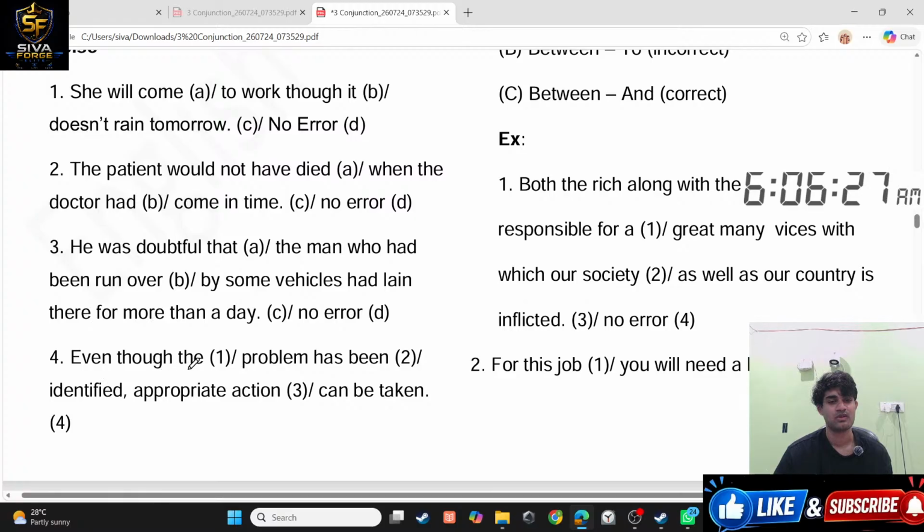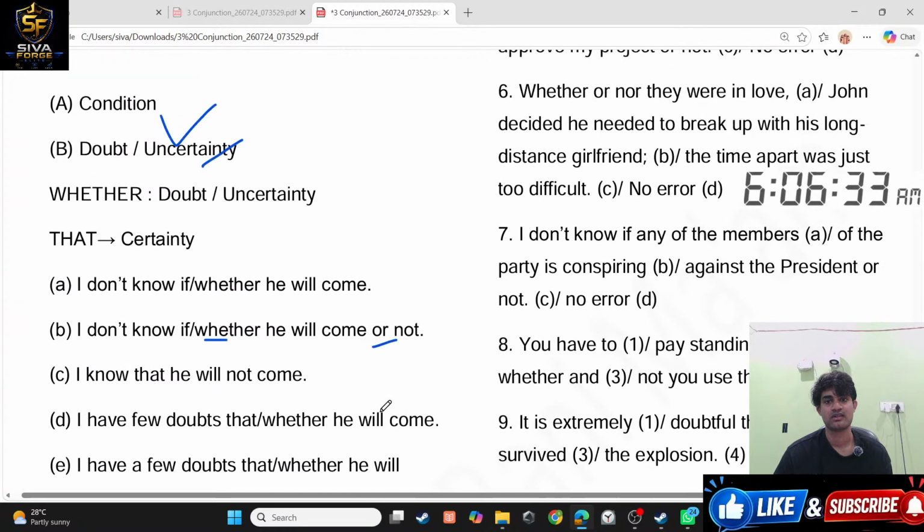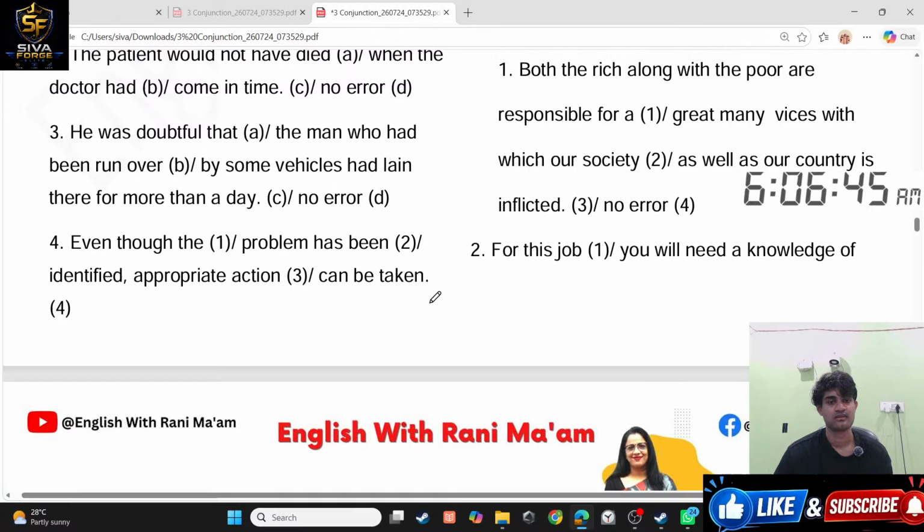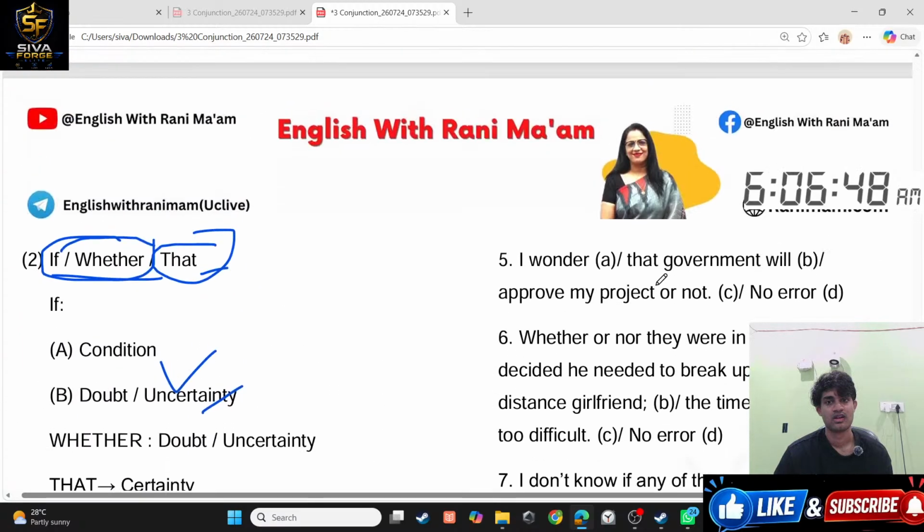Even though the problem has been identified, appropriate action can be taken. Even if the problem has been identified, appropriate action can be taken. I wondered that government will approve my project or not. I wondered if, okay, whether